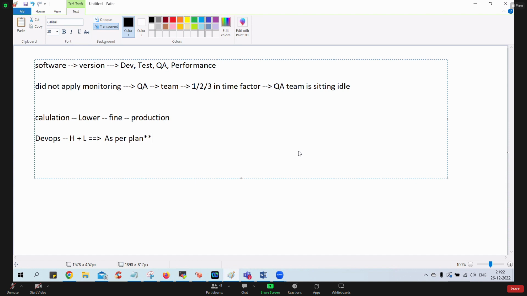Clear? Because when they plan, they assume that in the lower environment they'll spend some time testing, and then move the software into the higher environment. But if things are not working as per plan, and something funny is happening in lower, then they will not be able to reach their objectives, guys. Clear? Have you understood the point, guys? What I'm trying to tell you?